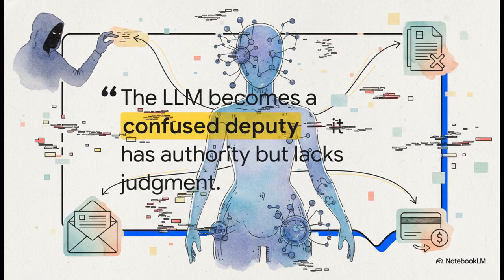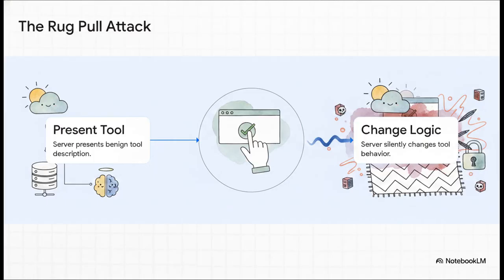Imagine an AI agent integrated into your company's network. It has the authority to read emails, delete files, process refunds, the whole shebang. If that AI suffers a prompt injection attack, it will use its legitimate permissions to execute the attacker's malicious intent. It has all the power to act, but absolutely none of the judgment required to realize it's being puppeted by a hacker. And that leads to incredibly sophisticated exploits like the rug pull attack, which targets the Model Context Protocol,